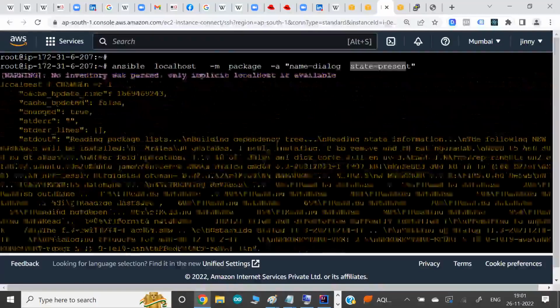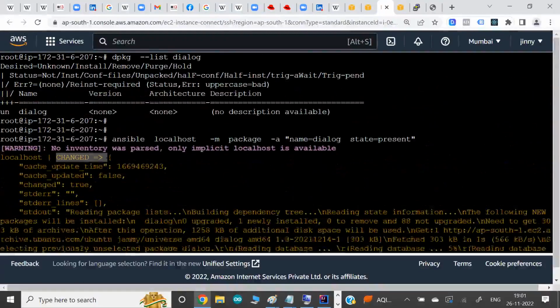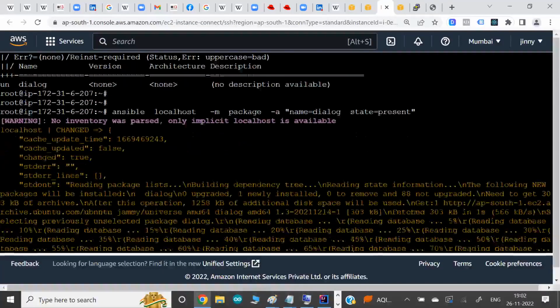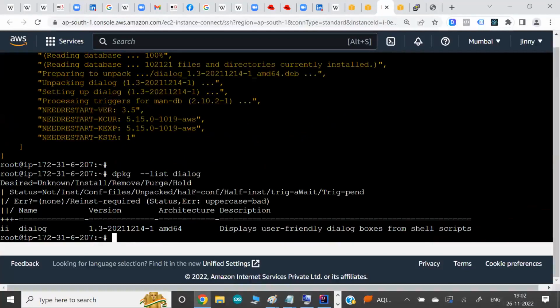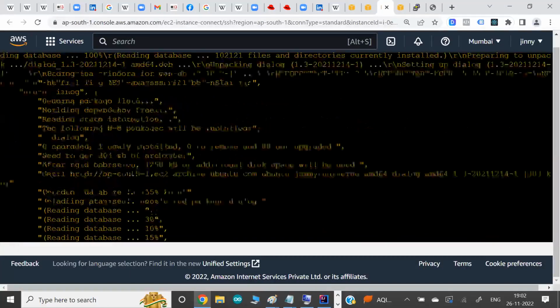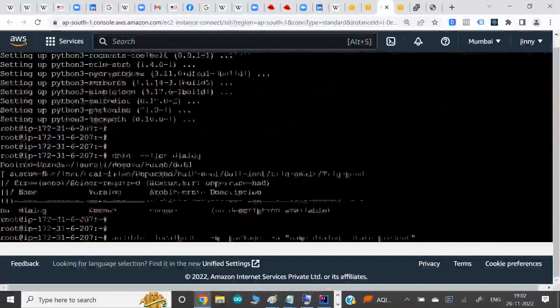Normally in the output, you can see the word changed. It means what you asked for was not there, so we changed it. We implemented this. And now you can confirm it also, because by chance we know the command. Now you can see that last time there was none, but now it has come up. It means the software has been installed. I can see installed. Last time the software was not installed.